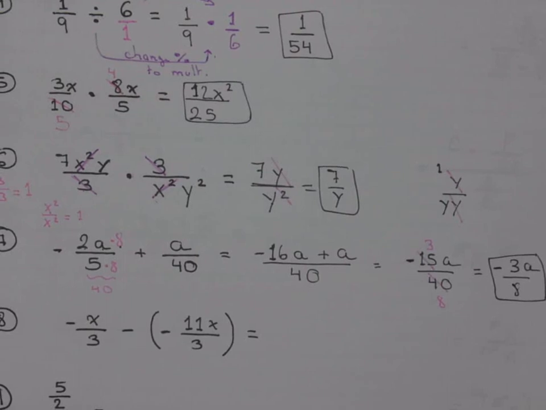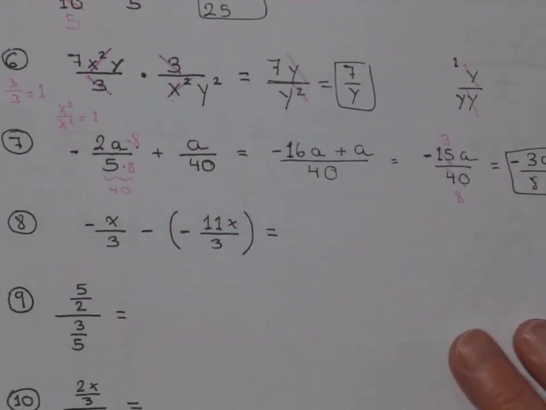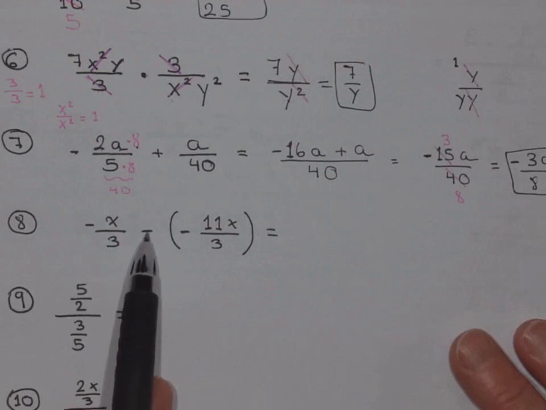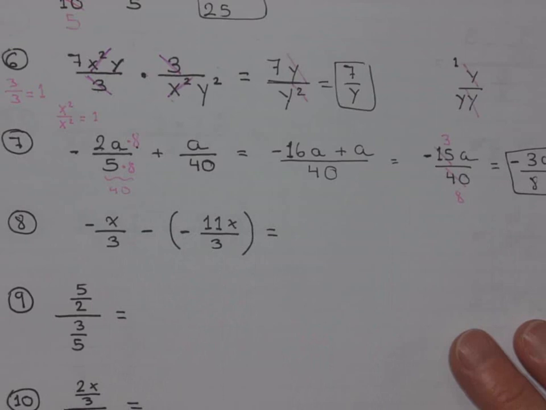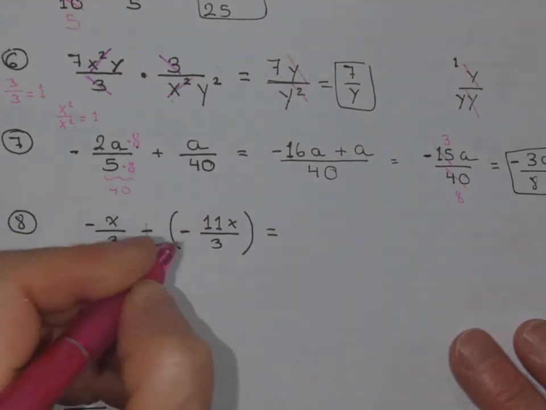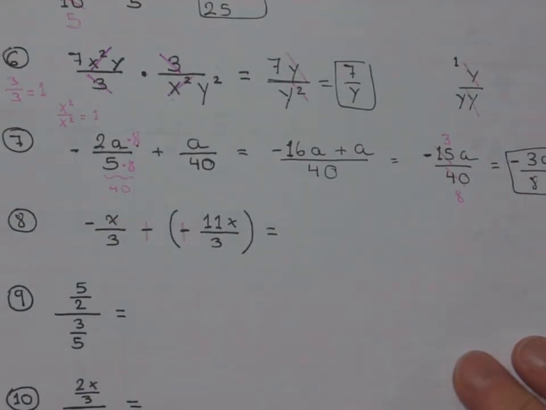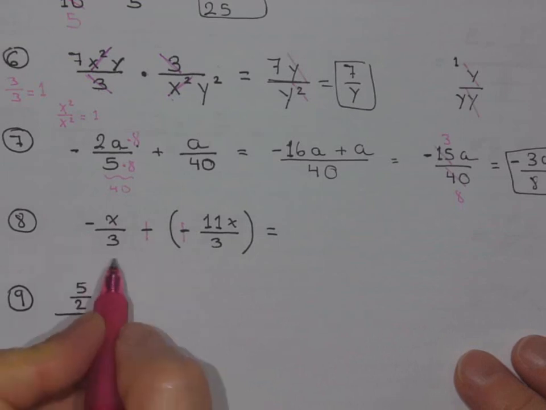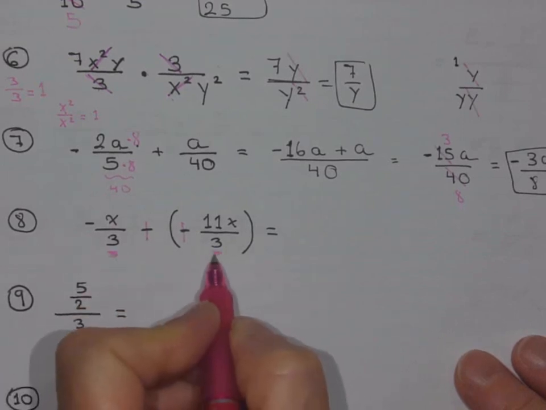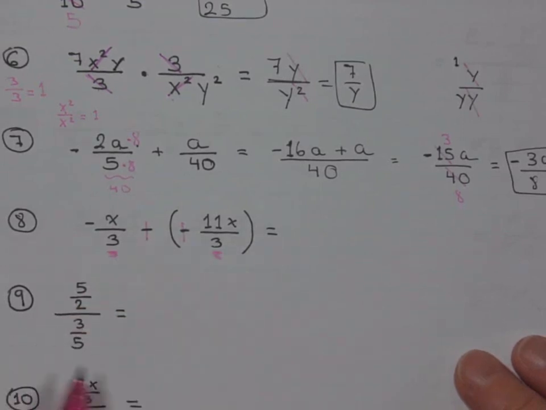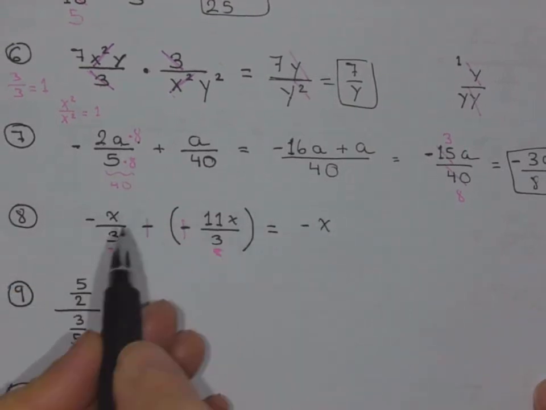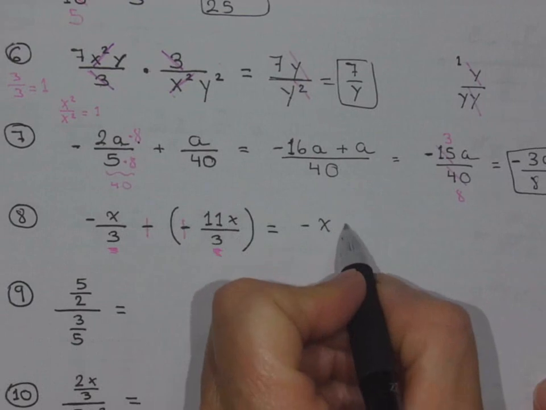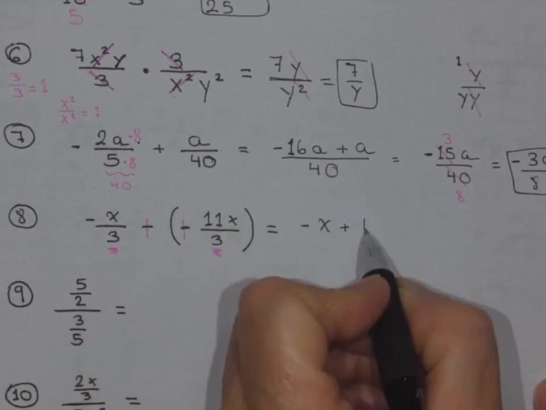All right, number 8. Number 8 is a subtraction, but it's a subtraction of a negative. So when we subtract a negative, those actually become positive, right? So then I have over 3 and over 3. Notice how those two already have a common denominator. So that will be equal to negative x. We said that will become plus 11x